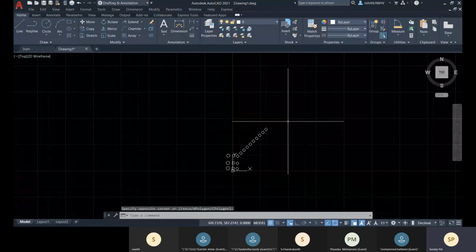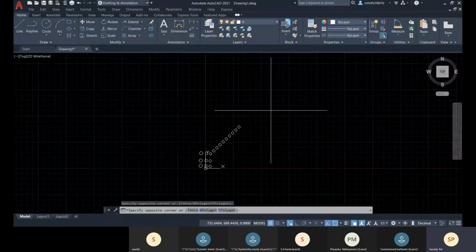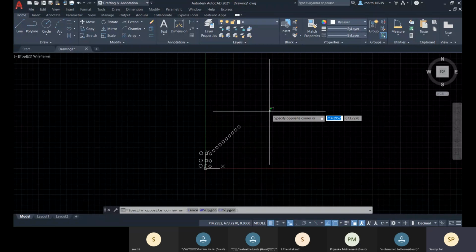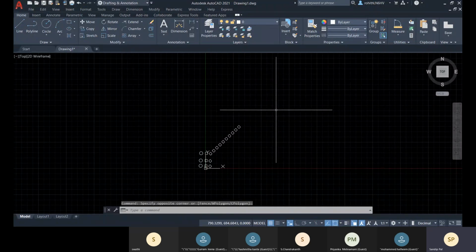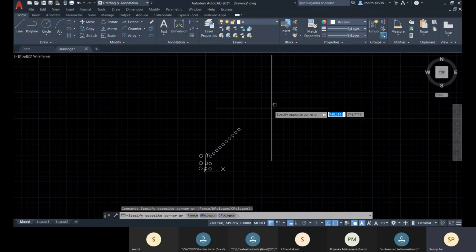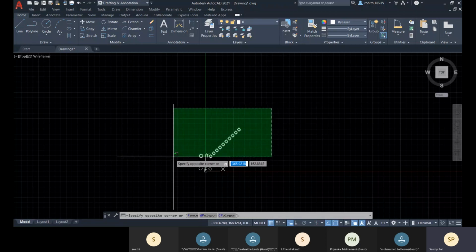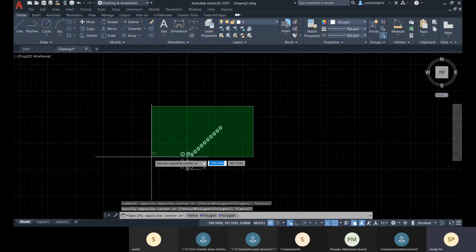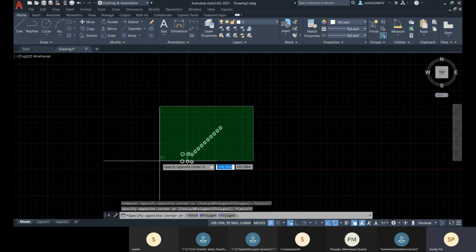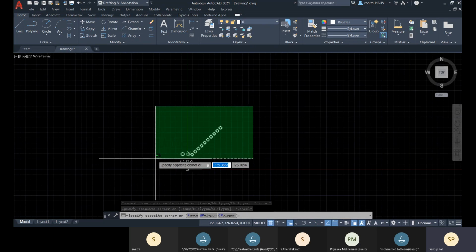We also have another form of window selection, that is green window selection. Wherever you click, you drag towards the left side. So how do you do that? Just click, don't hold the click, and then you simply drag it. Then the window area for your selection is defined, and there you go and click.